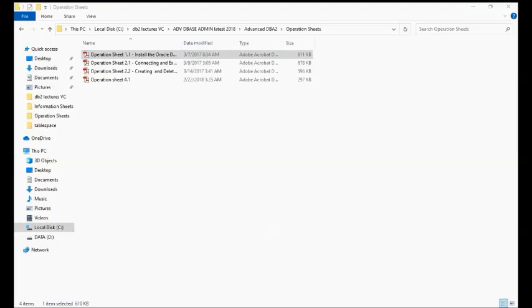Then after that, you will see this error message that it doesn't meet minimum requirements. Just click yes, and then continue. If you want to provide your email, it's okay. If you don't want to provide the email, just uncheck this one and click next. Then after that, just click next.